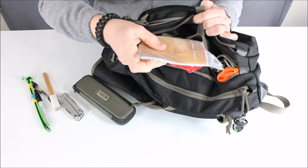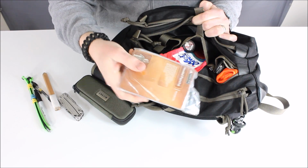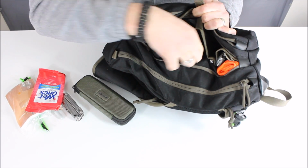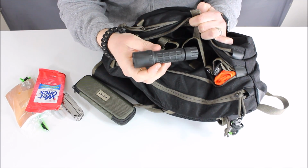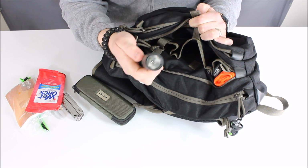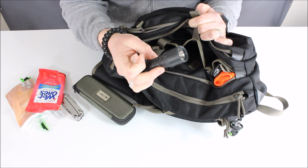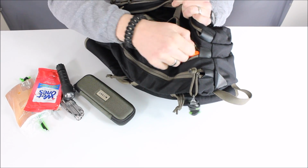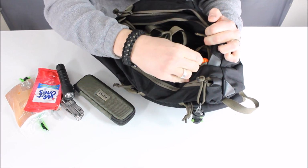I've got just a cheap basic poncho. I've got some wet wipes. And then I've got an extra flashlight. So I always carry a flashlight on me, but here's an extra. This is a Surefire, one of the old school ones, but a good flashlight, nice and sturdy, and nothing else in that section. And then over in this third section, even though I keep a knife on me all the time